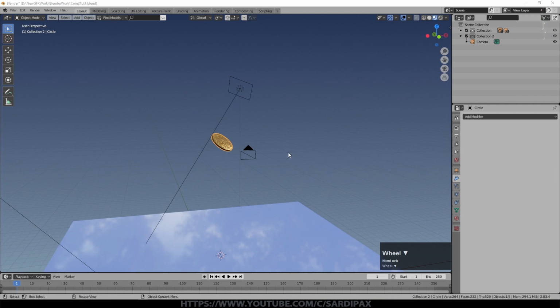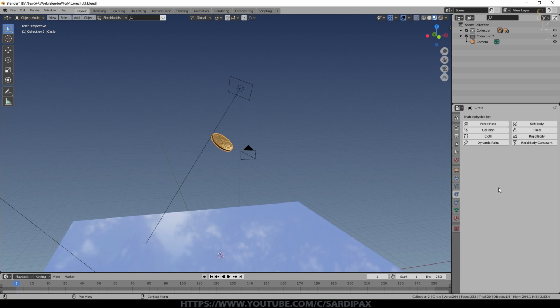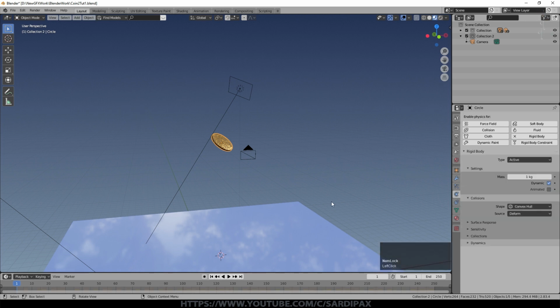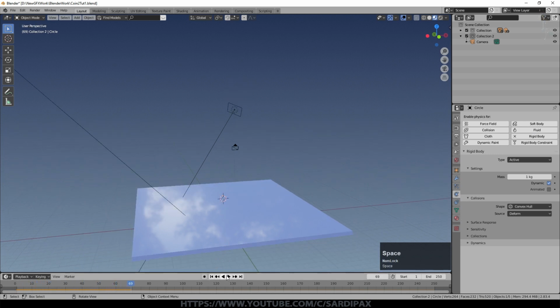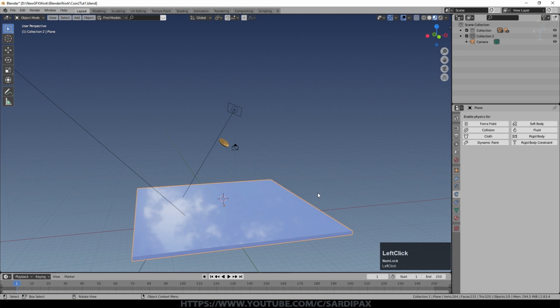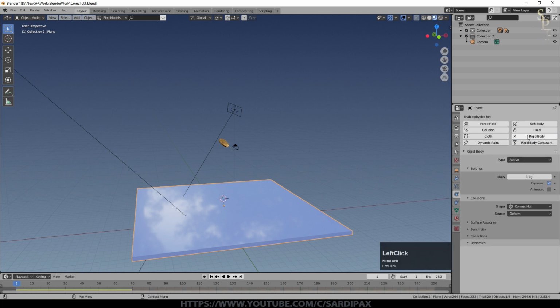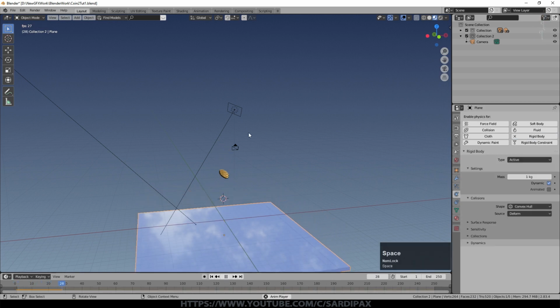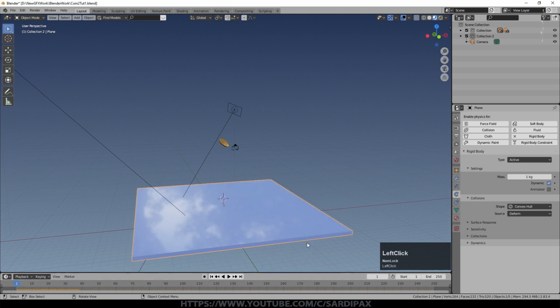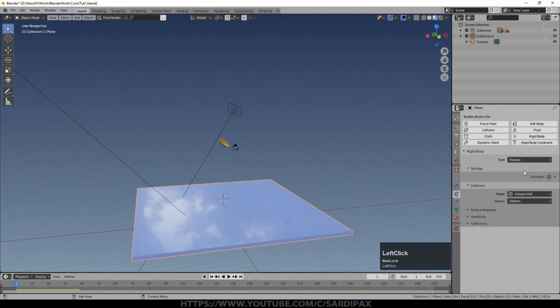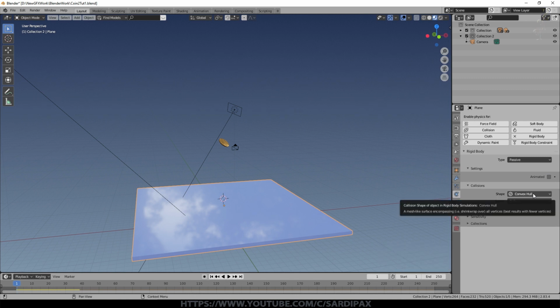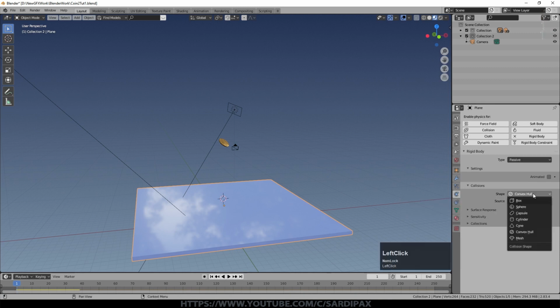I'm just going to very briefly do the physics because this was really about the normal maps. Come into here under physics properties and just say rigid body. If I press play on the timeline now, spacebar, it will just fall, but it fell through that plane down there. So I'm going to select the plane as well and say rigid body on that one as well. But if I now press play, they both fall. And that's because the plane needs to be a passive object. We don't need a full convex hull. This is sort of a more complicated way of assessing whether something is connected with it. So we'll change that to just box, and that will make it a bit simpler.